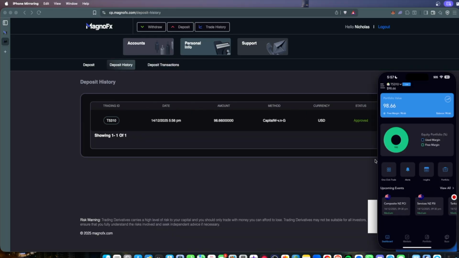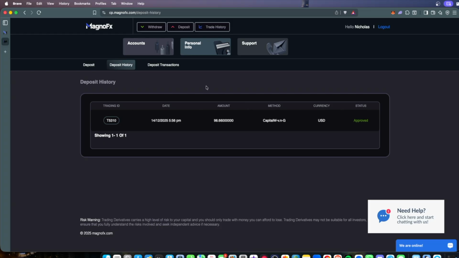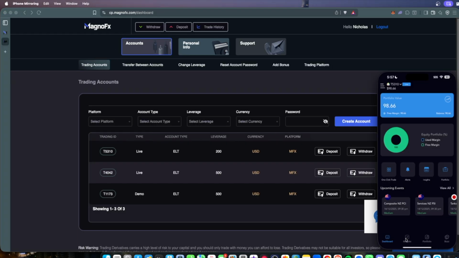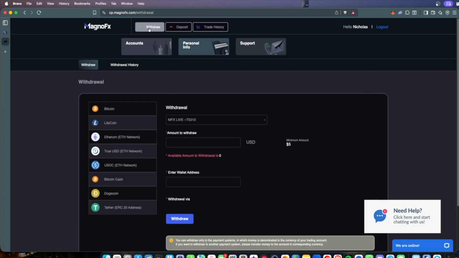All right guys, so the deposit has just landed in our account. As you can see in the deposit history, it's approved. And if you go to the app, you'll see that you have the funds in your account. Good to go. Guys, if you want to make another deposit, you could just re-follow this video. If you want to make a withdrawal, simply go to this withdrawal section and do the same exact process,